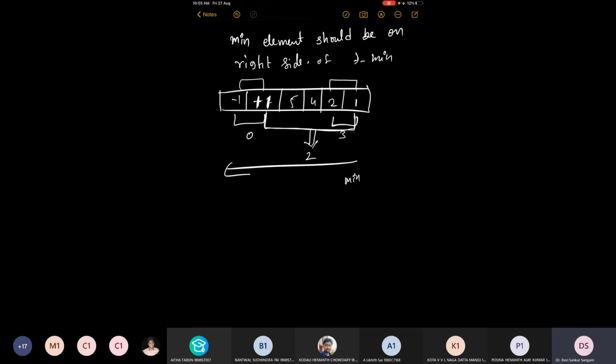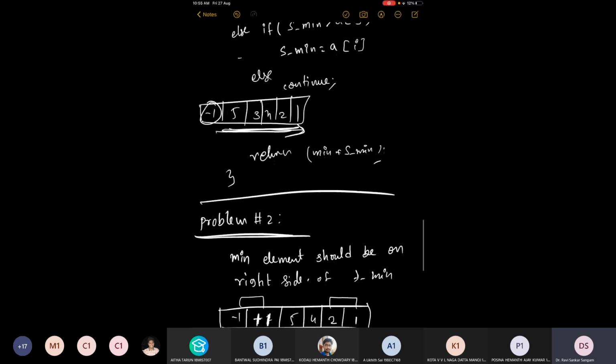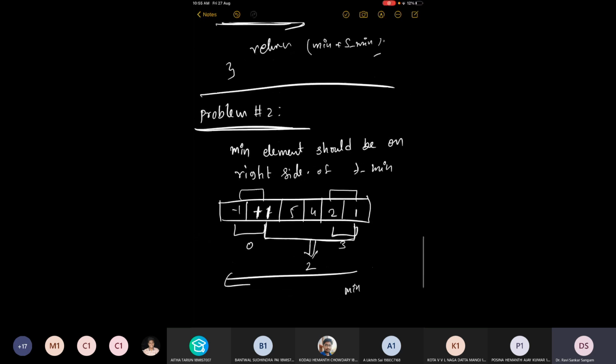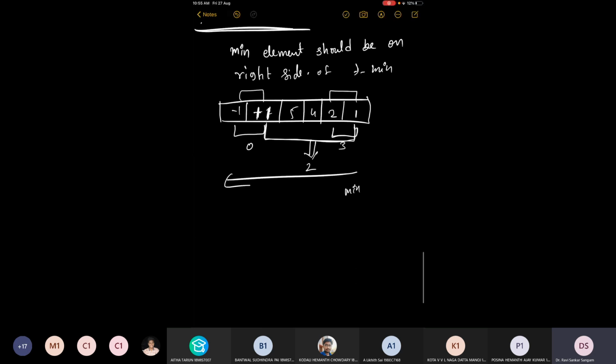But just blindly starting from right side and keeping the statements or conditions as they are does not serve our purpose. You need to slightly work on conditions also. But the small hint that I would like to give is, you should start from the right side, as we want to find the minimum element from the right side.